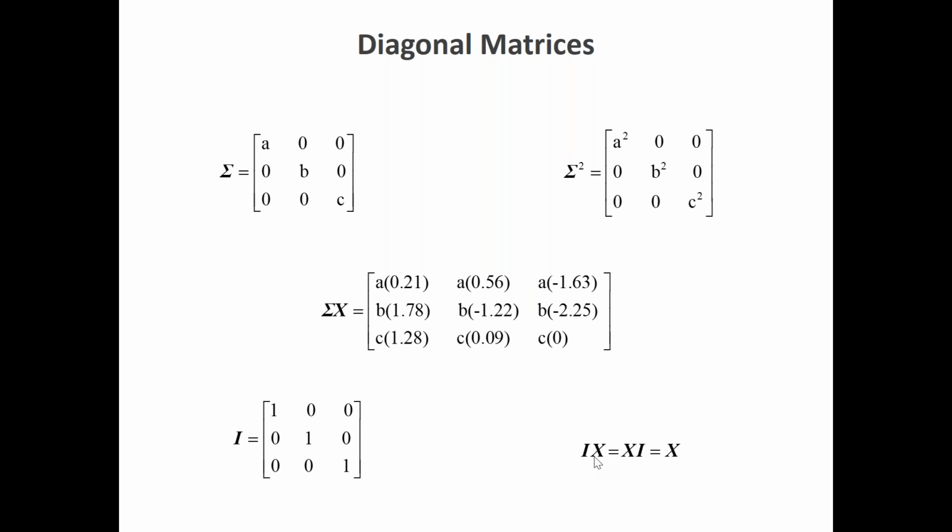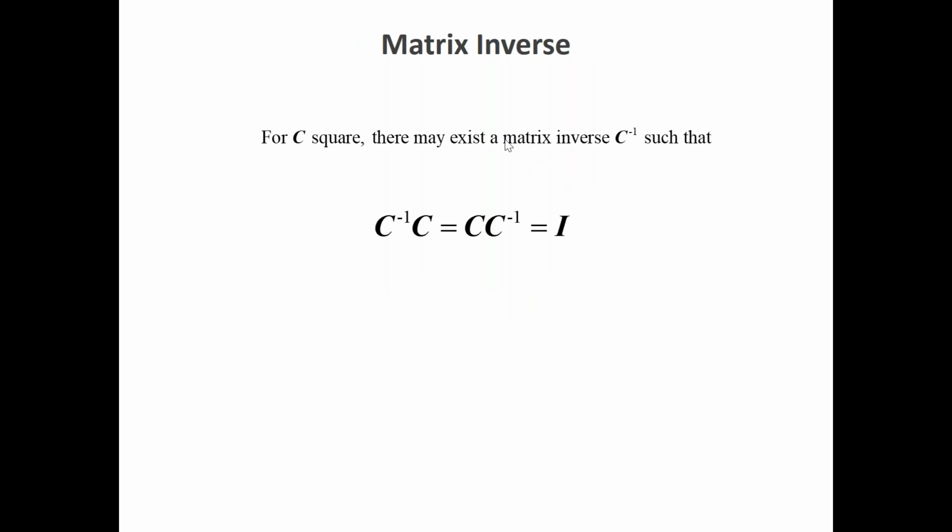And the same is for the identity matrix. It does nothing. It doesn't matter if you multiply on the left or on the right. It always does nothing. So it doesn't change the result. The result is always the same. So this is the equivalent of the number 1 in regular algebra. So in linear algebra, we have the identity matrix, which is the equivalent of the number 1. Very good. So far so good.